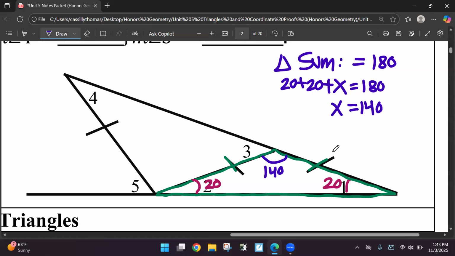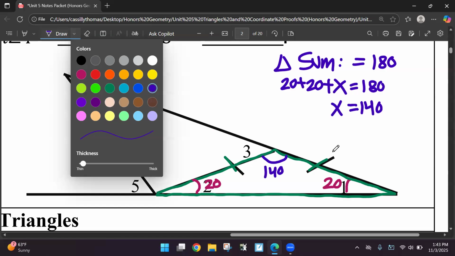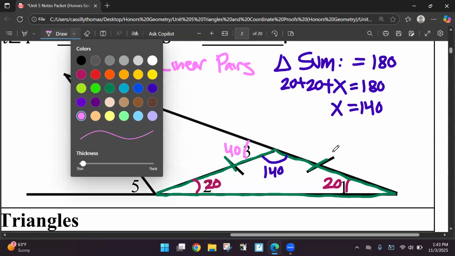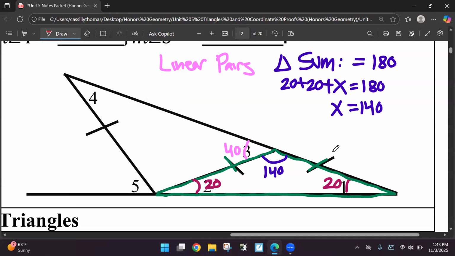So now where can we go from here? Let's not forget, of course, about linear pairs. We know angle 3 here has to be 40 degrees, right? Because 140 plus 40 has to equal 180. Where can we go from here? If I look at this red triangle now,